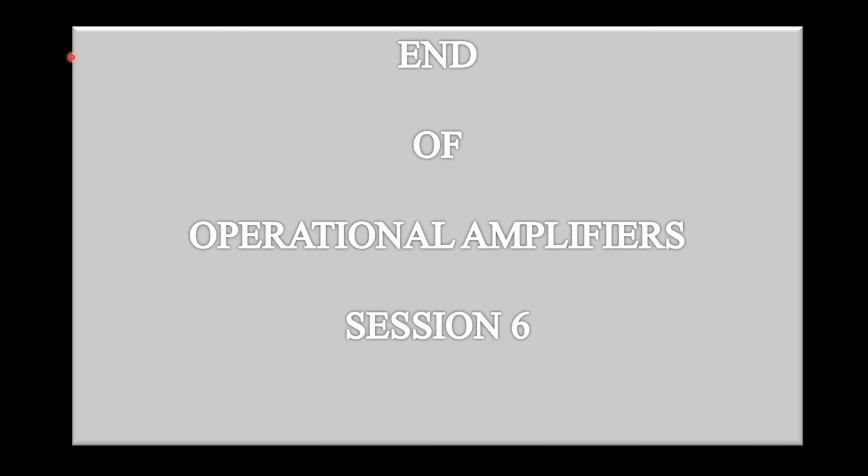This is provided the values of all the resistances connected at the input as well as the feedback are equal, right? R1, R2, R3 are equal to Rf, and the value of all these resistances is the same. Then we can just add with the negative sign, right? So V out was equal to minus of V1 plus V2 plus V3. Clear? Today we have seen the subtractor, where the output is equal to the difference between the applied voltages at the inverting and the non-inverting terminal. So V out was equal to V2 minus V1.